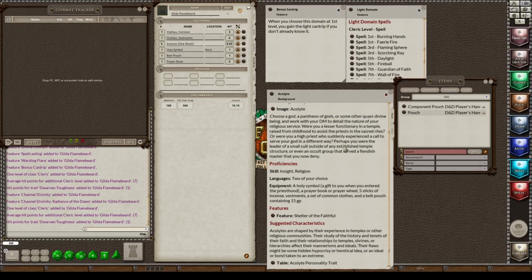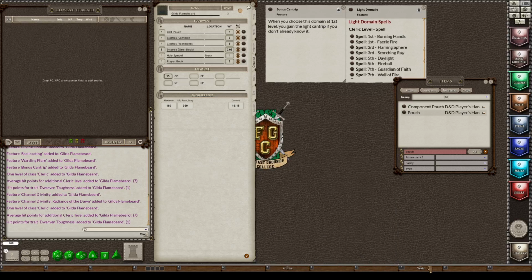Okay, so it also says we get 15 gold. So we have to set up our treasure to have gold pieces, GP, silver pieces, SP, electrum pieces, EP, and finally copper pieces, CP. And then in the GP, I'm going to type 15. Now we are done with the acolyte.